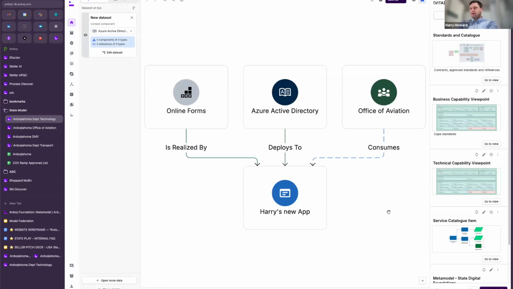So I think this covers it. I think bringing the roll up back is where the secret sauce is, because then you can see it rolled up by each agency, how they implement the service catalog, and then you can use that to generate your top level dashboards that you'd bring to, for example, the governor's office. So I guess that's what's really nice with what Harry has, that it also covers spinning up a new agency, but then also the roll up, so you cover both sides and you get consistency across the agencies.